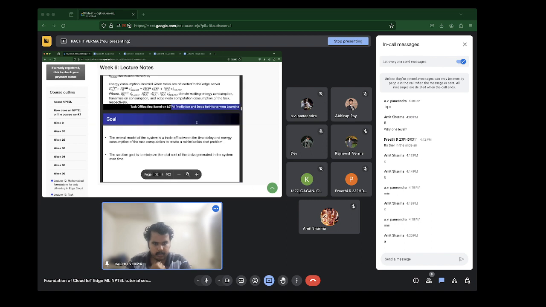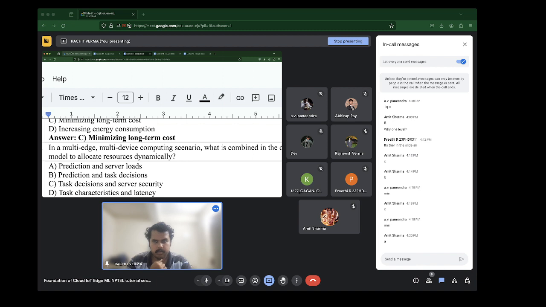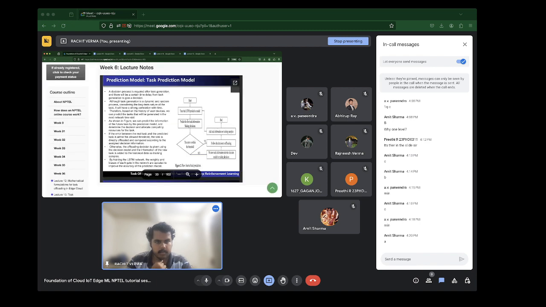For example, there's a flow chart over here. What you remember was the LSTM.